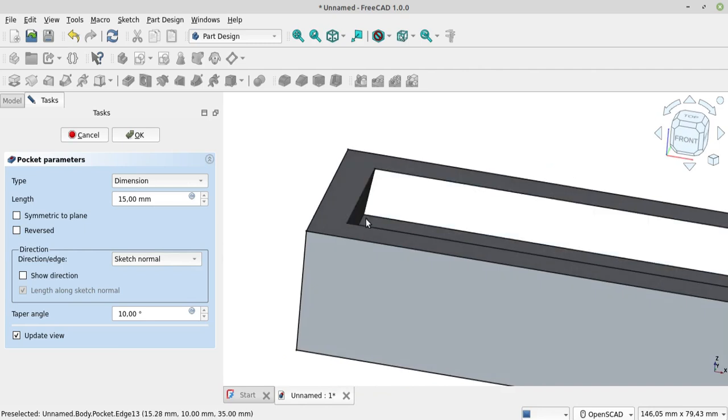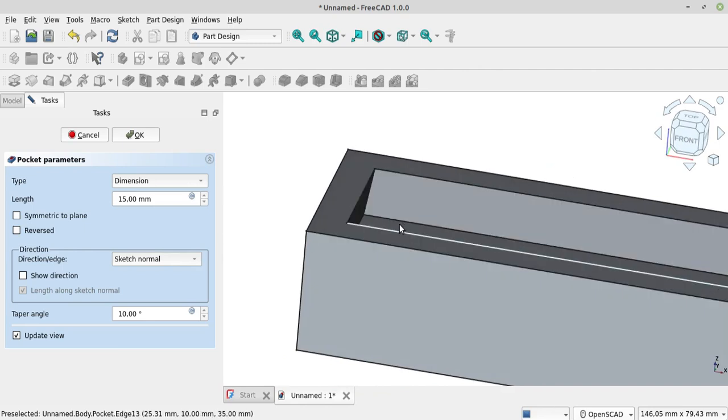This is the example for dimension in the pocket tool.